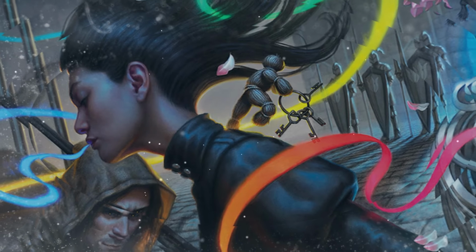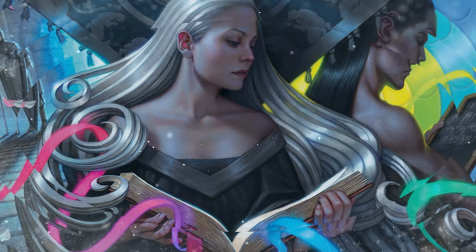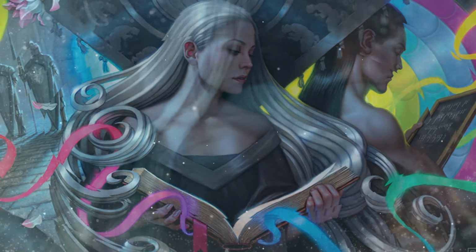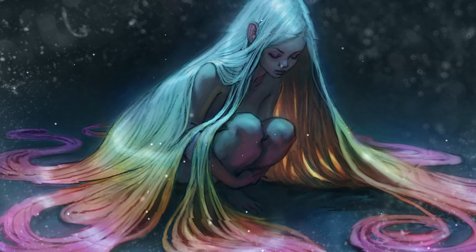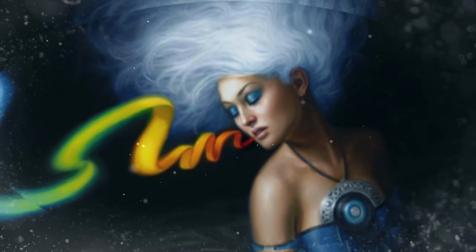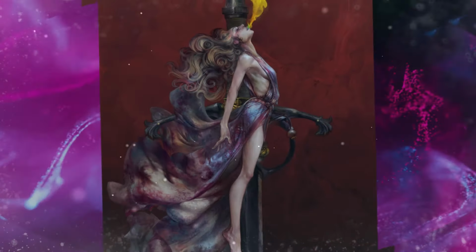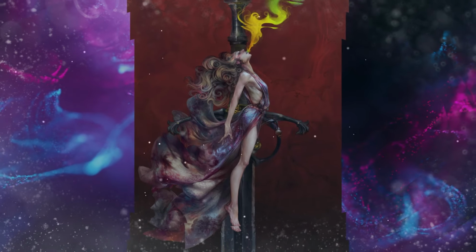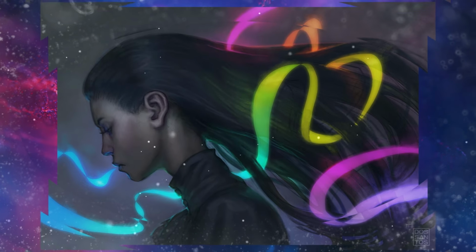Now, the magic in Warbreaker is one of my favorites. It's based on a system called biochromatic breath, which is essentially a human's life force, which can be manipulated for various things. They can also breathe into inanimate objects and give them life. The system is complex, but it's explained really well and it's easy to comprehend. There's also these immortal god-type people called the Returned, who have special abilities, and people who can use breath to